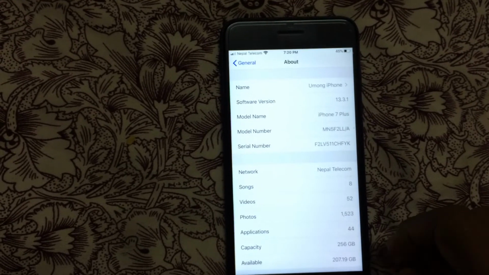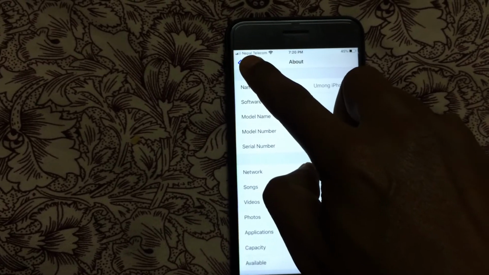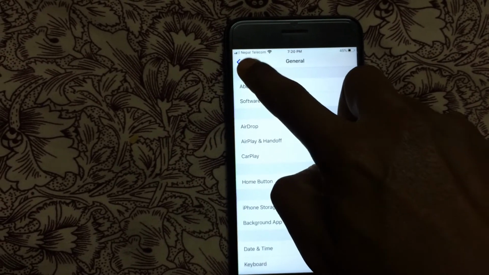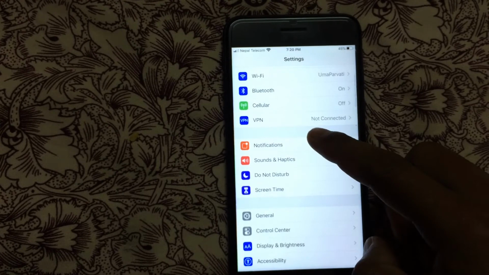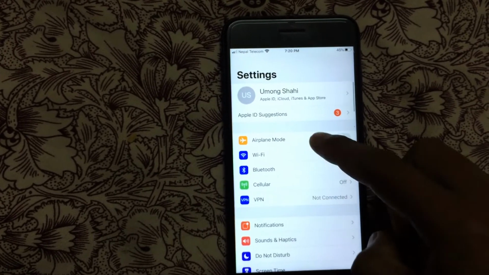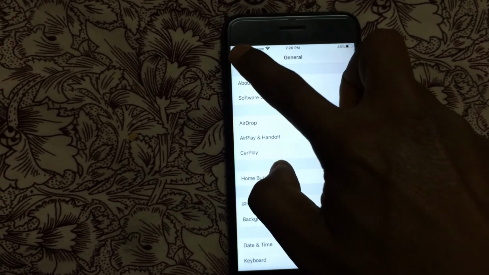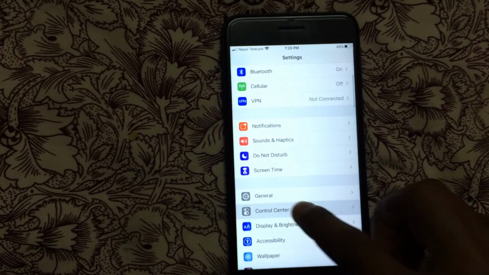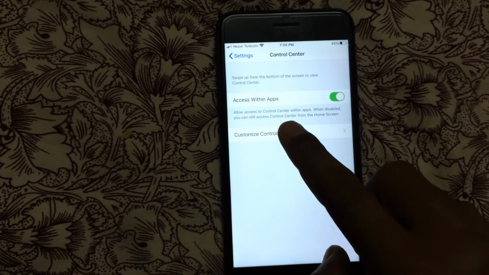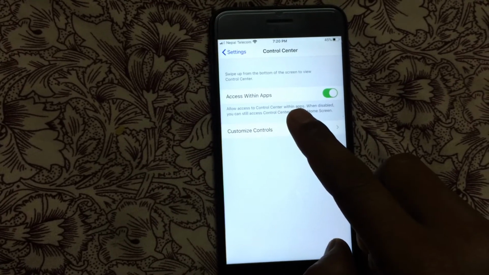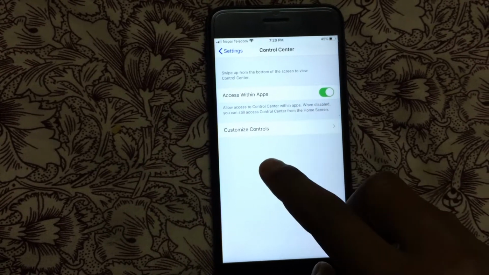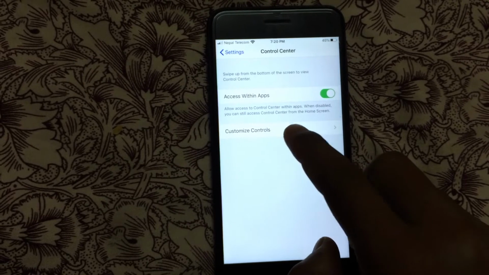Go to Settings first and search for the Control Center. Click on Control Center. Now you can see over here, access within apps is enabled, and the Customize Controls. Click there